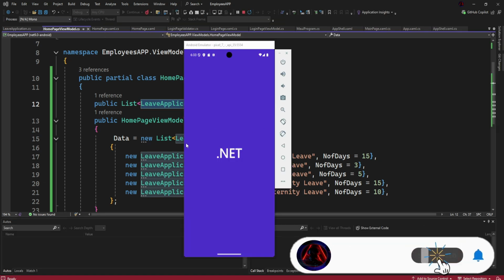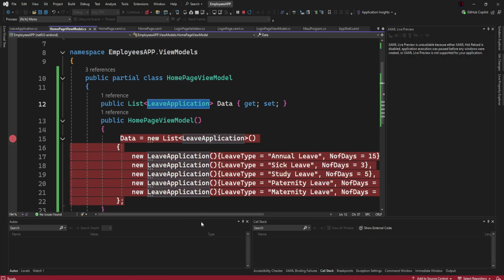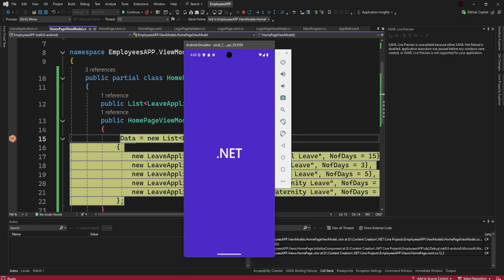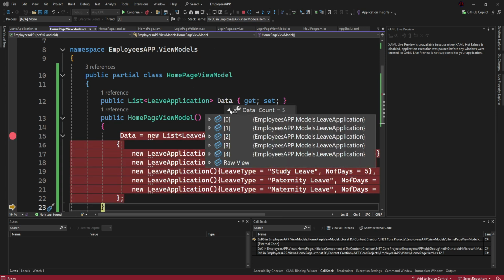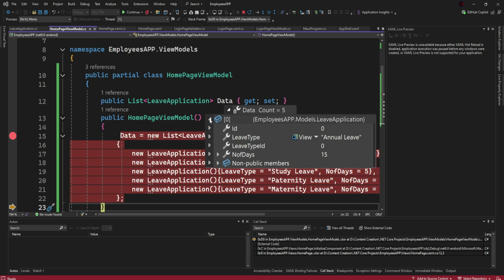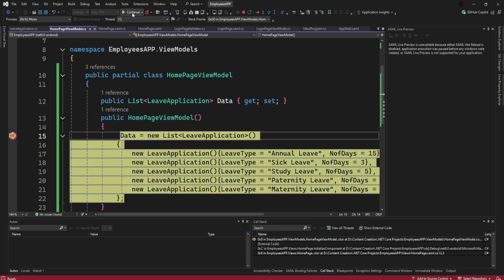So there we go. Let's see how our app looks like. We can put a breakpoint here. We see we are going to hit there. You can see it's actually hitting there. So if we proceed, our data, you see it has some values. And if we click, you see you have the annual leave and the number of days. So if you proceed,